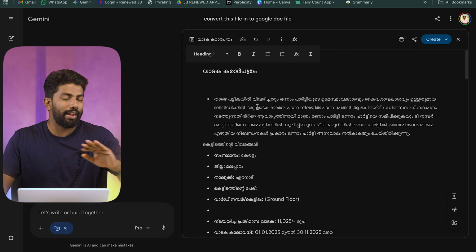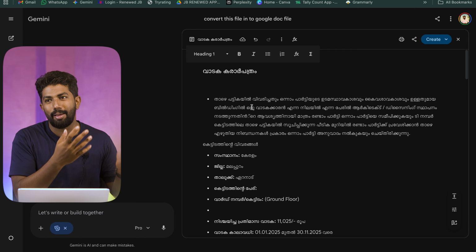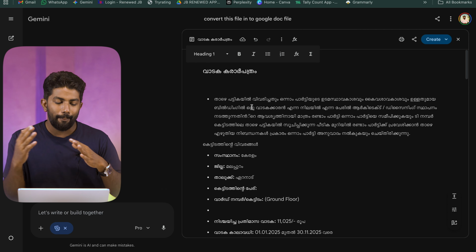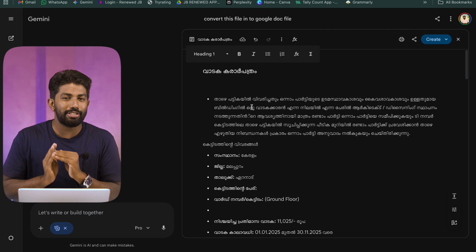So this is very creative, and you can convert any kind of files, PDF files, audio files, JPG files into something by using this function, the Gemini Canvas function. So that is the first use case of Gemini Canvas, and we are going to talk about the second use